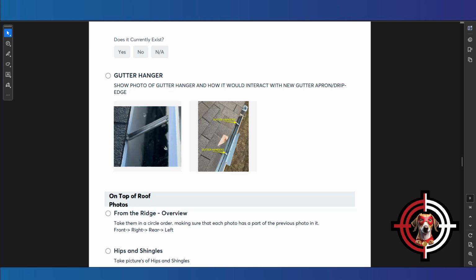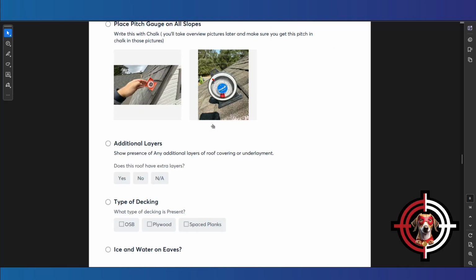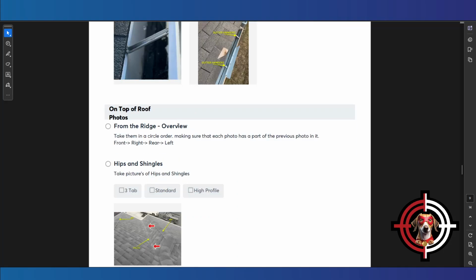Here's a good gutter hanger. You can show me what type of gutter hanger it has. I know it's kind of out of order, but show me. Now, you've done all of that before you even got on the roof. Now, you're going to get on the roof, from the ridge,